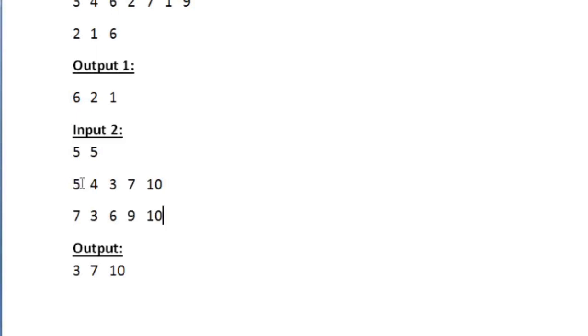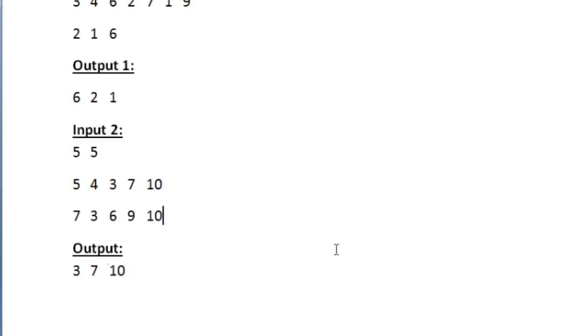So first we are going to take the product 5 and check whether the boy needs it or not. Here the boy doesn't need the product 5, so 5 is not printed. Now the product 4 is taken and checked with the list Y. The boy doesn't need the product 4, so 4 is also not printed. Now the product 3 is checked. Here we can see that the boy needs the product 3, so 3 is printed. And now 7. Again the boy needs the product 7, so 7 is printed. And finally 10. The boy also needs the product number 10, so 10 is printed.